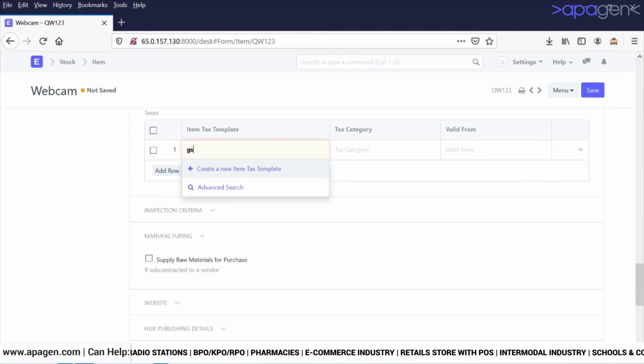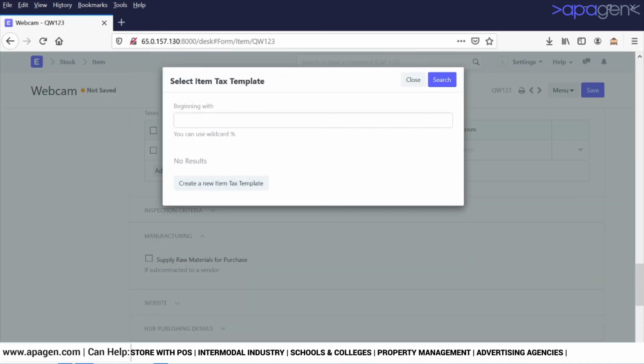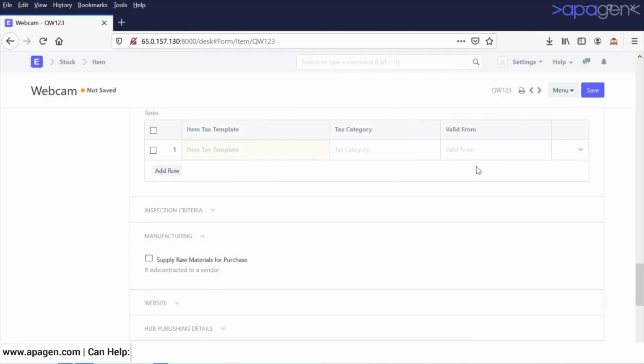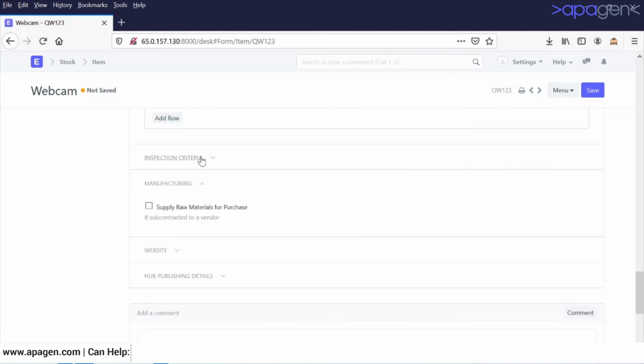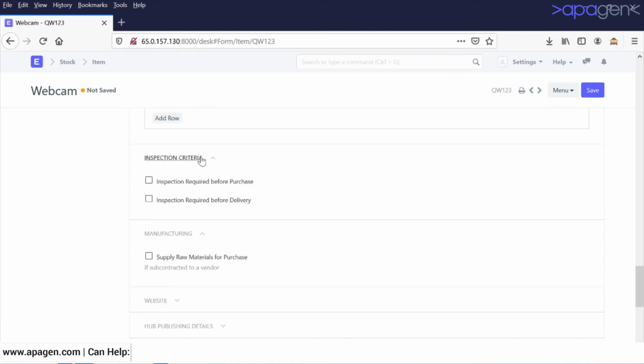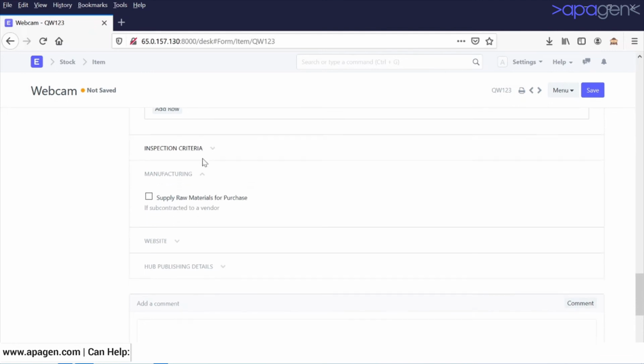The taxation which applies. So I can define some taxes here. Whatever tax is applicable, I can find it here. In this case, there is no tax which has been applied here. If you have quality check which is applied, then you can define your inspection criteria.